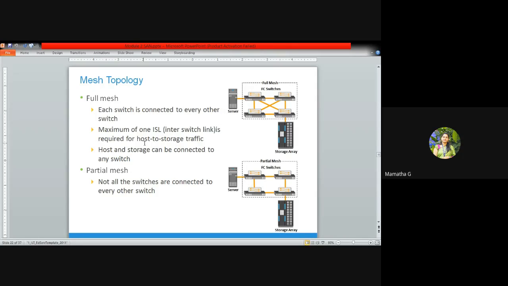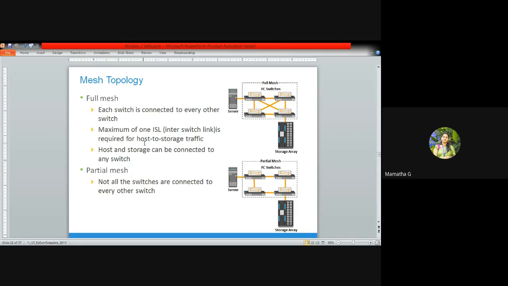As I told, here we'll be seeing the mesh and core edge topology. Topology is nothing but how the network is connected, in what structure it is connected. This is the overall description of the topology.